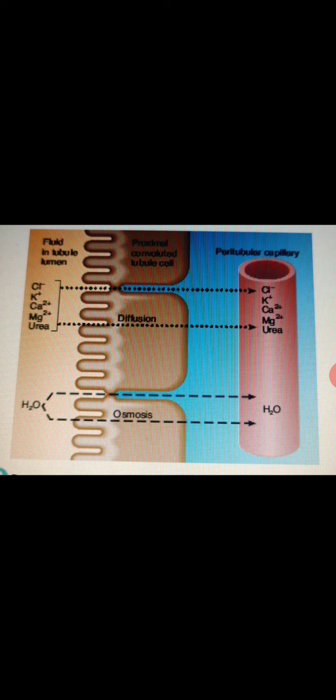PCT cells can produce additional ammonia by deaminating the amino acid glutamine, in a reaction that also generates bicarbonate ions. The NH3 quickly binds hydrogen ions to become ammonium ions, which can substitute for hydrogen ions aboard the sodium-hydrogen antiporter in the apical membrane and be secreted into the tubular fluid. The bicarbonate ions generated in this reaction move through the basolateral membrane and diffuse into the bloodstream, providing additional buffer in the blood plasma.